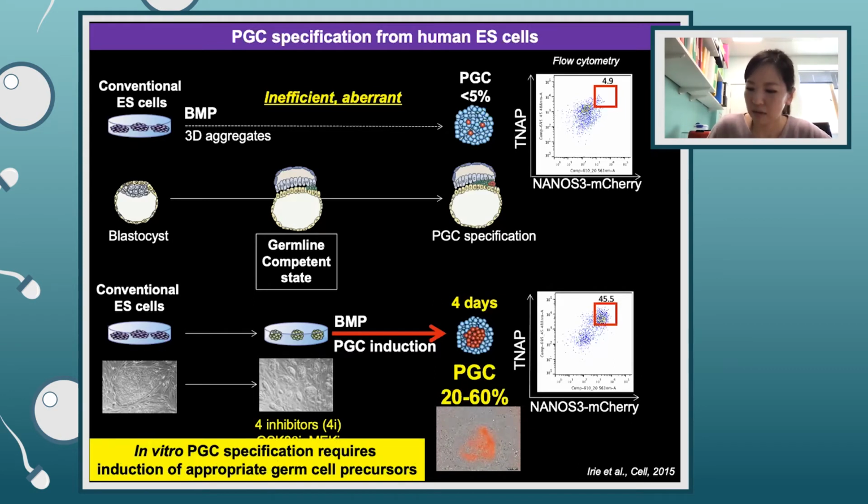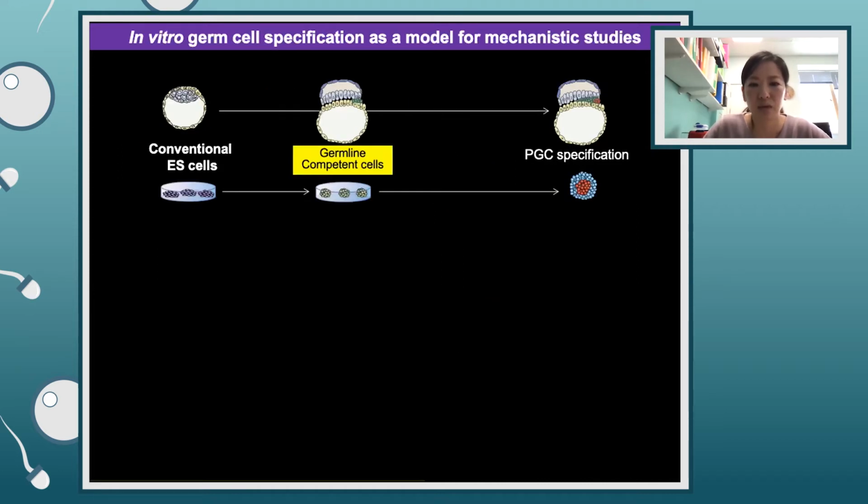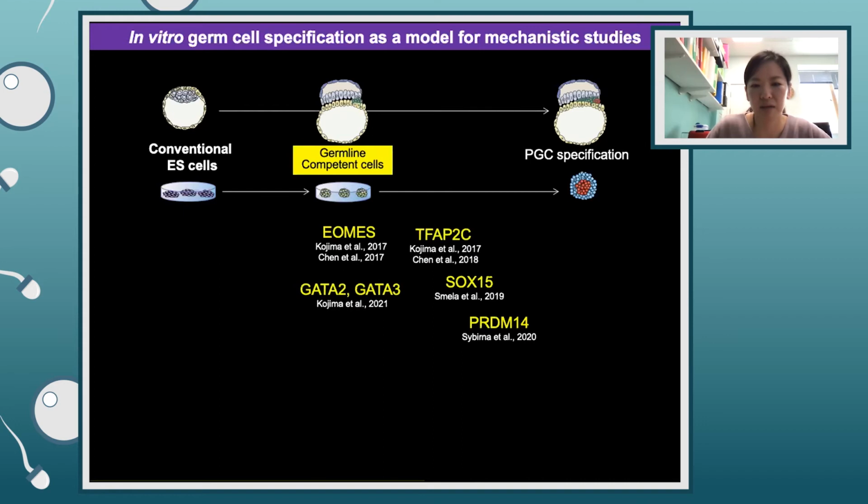So this experiment suggests that in vitro PGC specification is such a sensitive method that it requires a step-by-step protocol for induction of appropriate germ cell precursors. So this robust specification system became a powerful platform to identify a number of interesting and important factors related to PGC specification. I will introduce a little bit about the factor called SOX17, which we found